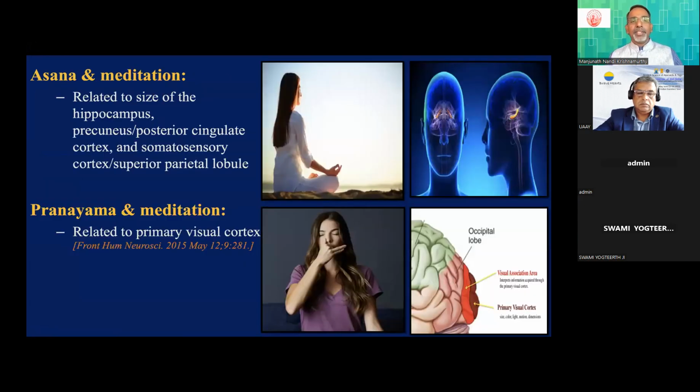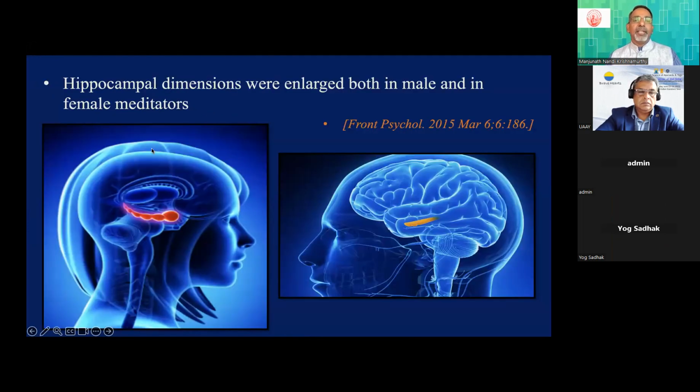When you combine meditation with asanas, meditation with pranayama, though in yoga, in India, we believe very strongly that meditation is a process of doing yoga, like you have yama, niyama, then asana, pranayama, pratyahara, dharana, dhyana, samadhi. But in the West, it is split, and there are studies conducted. In some cases, meditation added with asanas alone, in some cases pranayama with meditation, all of them suggesting there are specific parts of the brain which are either activated or withdraw their activities, all of them bringing attention to the hippocampus and the areas concerning attention.